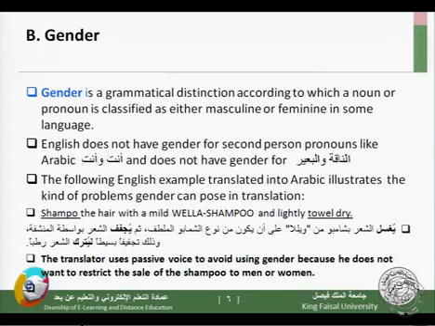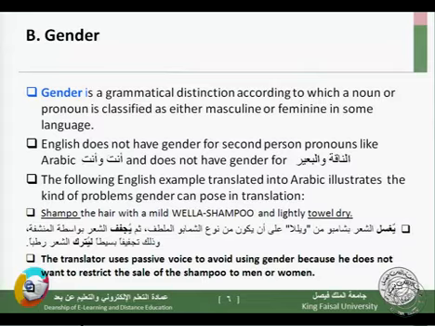Now you can tell right away that this shampoo is mainly addressed to men, or this shampoo is mainly addressed to women. Now to avoid this confusion and to be able to sell the shampoo to everyone, the translator or the company